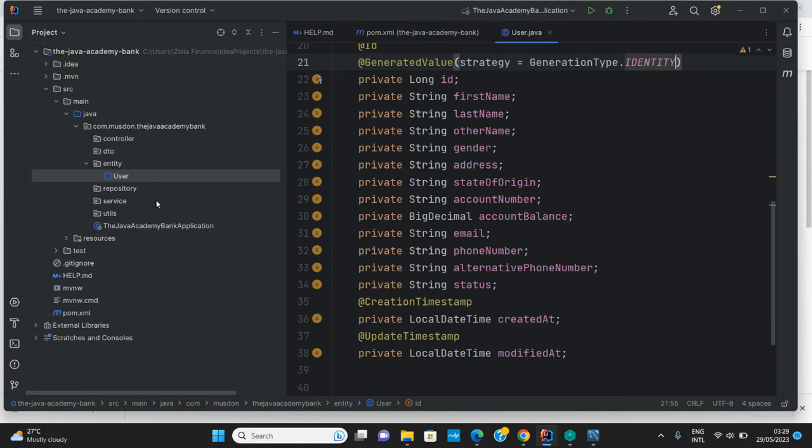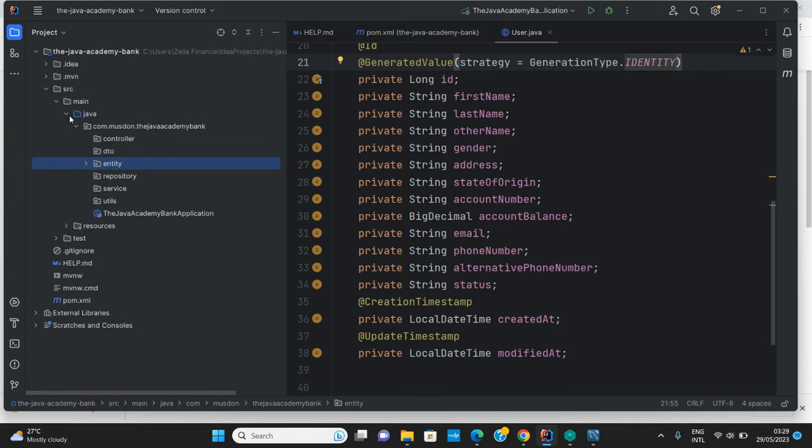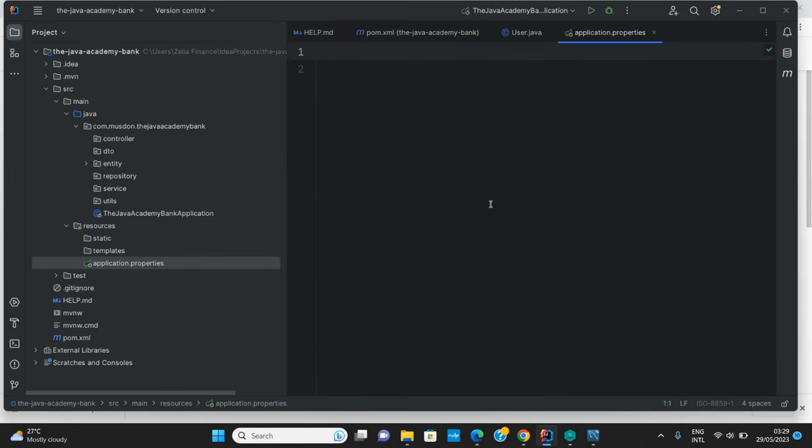Okay, so having done that, the next step is to map that database we've created into this application. So basically you have to configure that particular database you've created into this application. So how do we do that? So you go into your application.properties directly through resources, right? Okay, so from resources, you go into this guy and then you add in a number